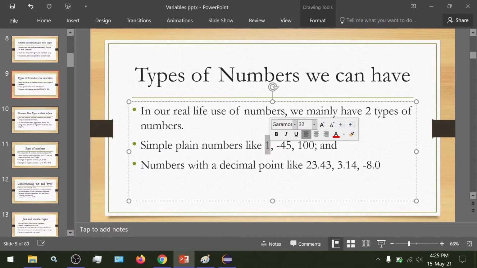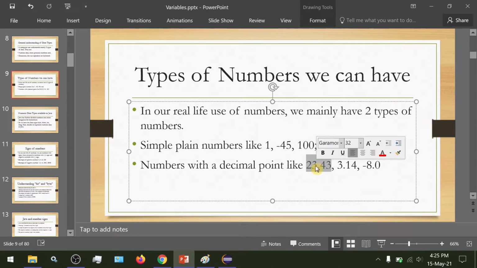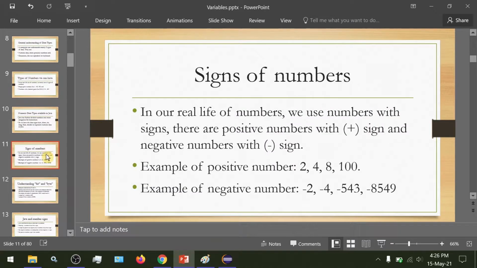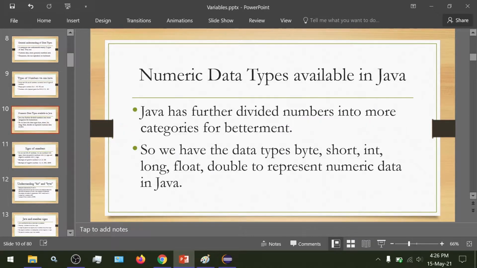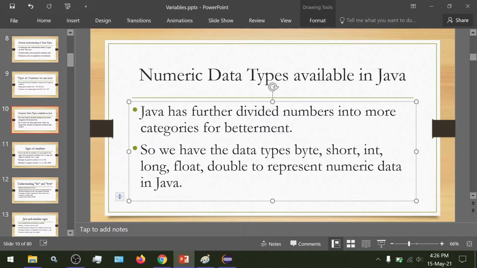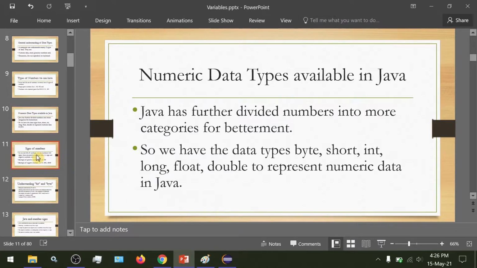The data we have is simple numbers and then numbers with decimal points. This representation is done by Java so that we can perform our operations with betterment and ease. So here we have various types of data, just as I said before, like byte, short, int, long, double, float. These represent the numeric data in Java.